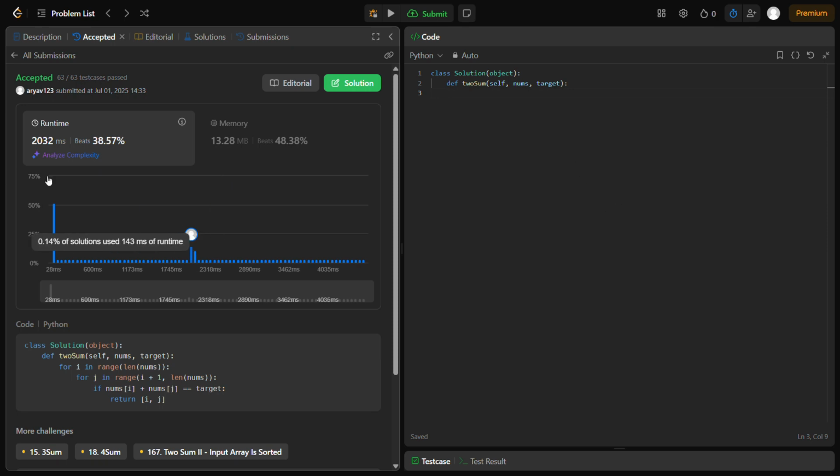So in the previous solution, we solved the two-sum LeetCode problem using the brute force method, and this ran at 2032 milliseconds, which is not very optimal. So in this video, we're going to cover how you use the one-pass hash table method to solve this instead